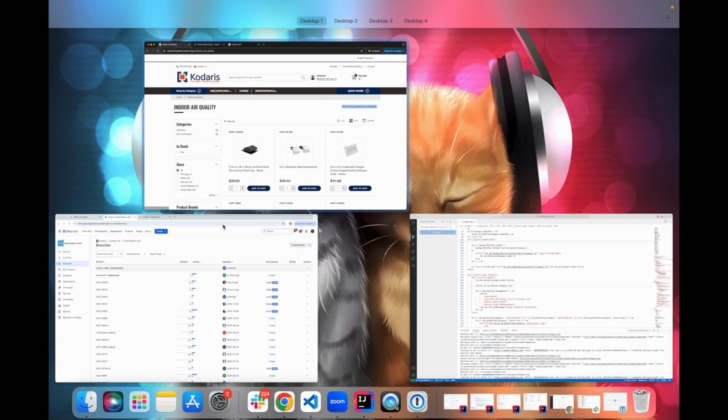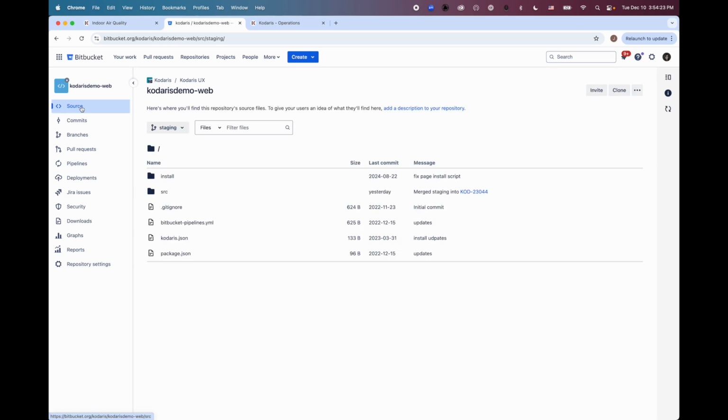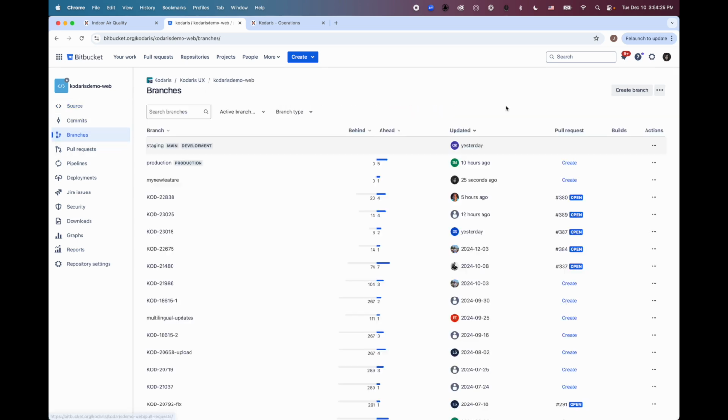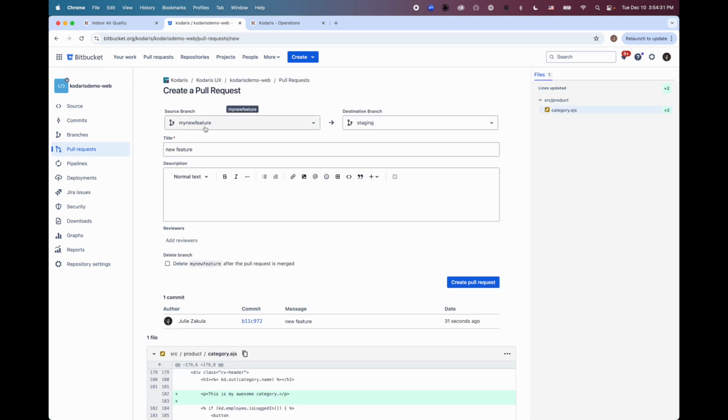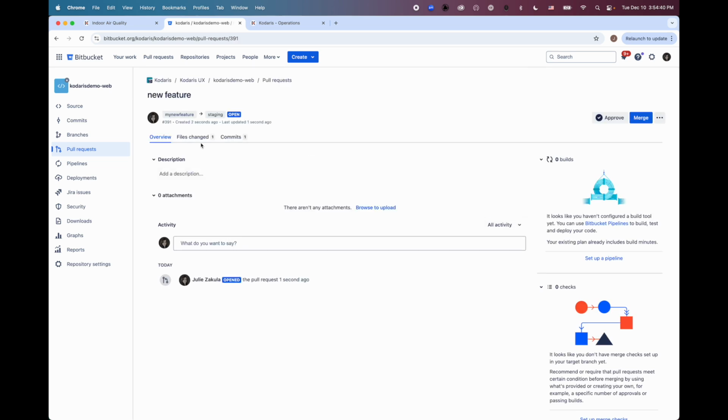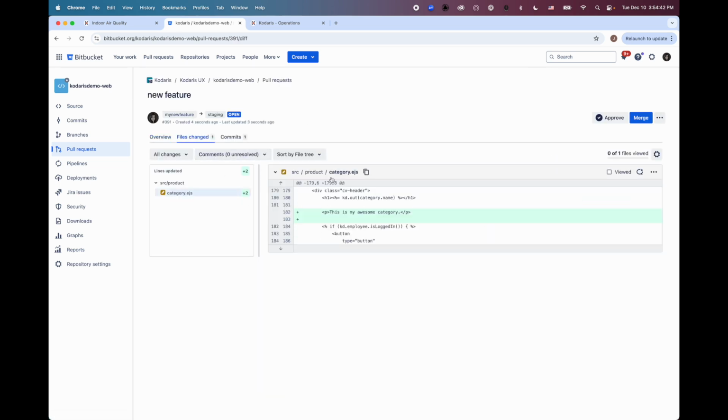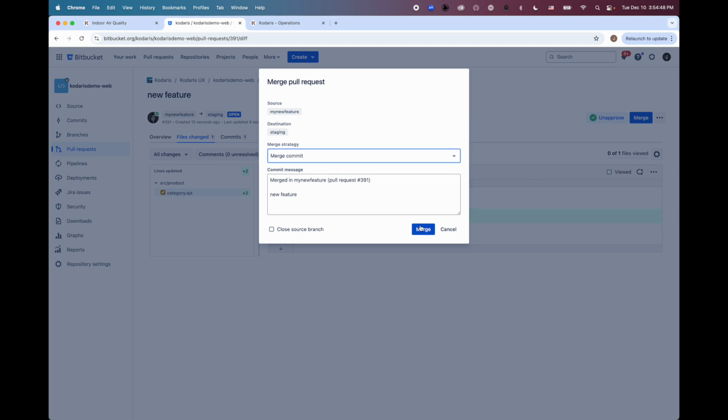And now what we'll do is we'll hop over to Bitbucket and we'll create a pull request into staging, from my branch to staging, and we'll go ahead and create it. And once you're satisfied with how the code looks and what code has been changed, you'll go ahead and merge your changes into staging.